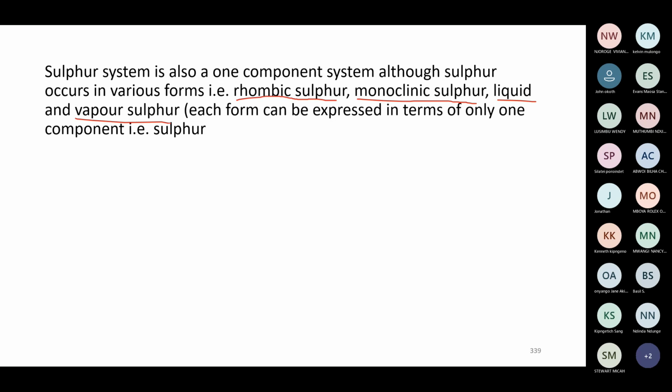So each form can be expressed in terms of only one component, that is sulfur. So in the case of water, you have H2O. The only thing that you vary is either